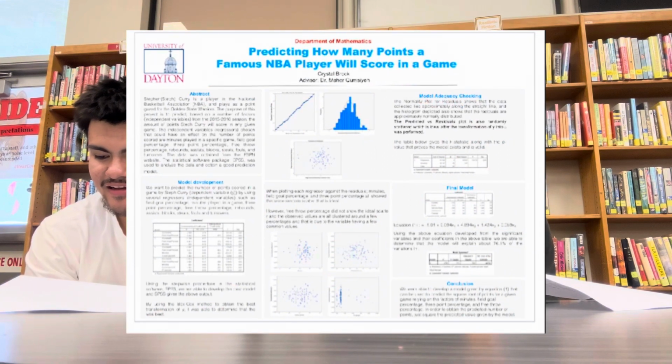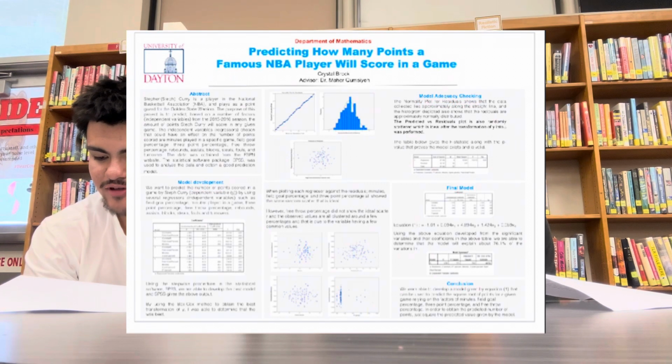So we had the statistics, but we needed a way to use them so we could predict how many points he would actually score. We did a lot of research, but a lot of what we found was just how to predict the outcome of games. Not many of them actually told us how to find the statistics that we needed. After some research, we did find a PDF from the University of Dayton, and in the PDF, they came up with an equation to predict points using models that they came up with.